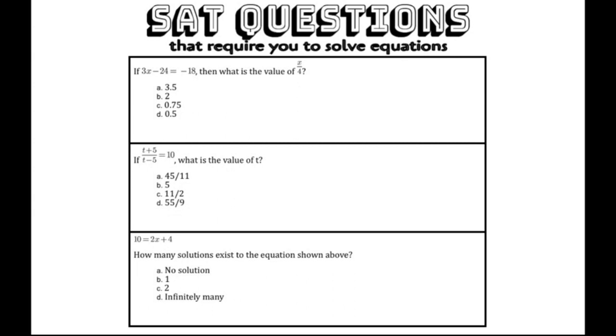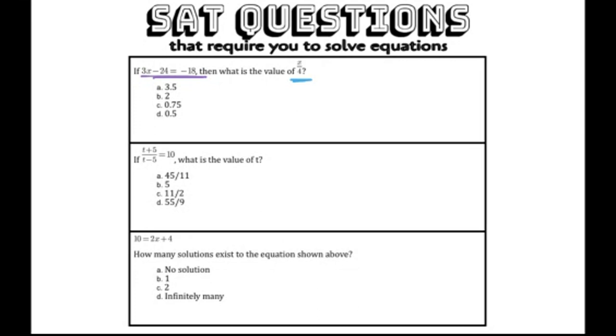So the first one says, if 3x minus 24 equals negative 18, then what is the value of x over 4? So looking at this, it seems a little bit complicated. We have 2 different equations, our first one over here and our next one here. We've got lots of steps going on, but really all this has to do is solving the first equation. So if I look at the first equation,